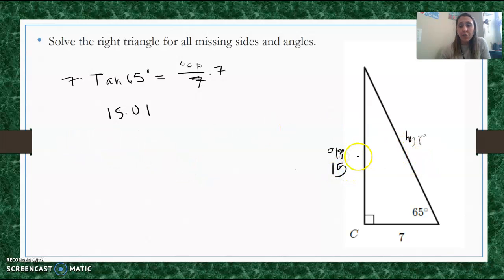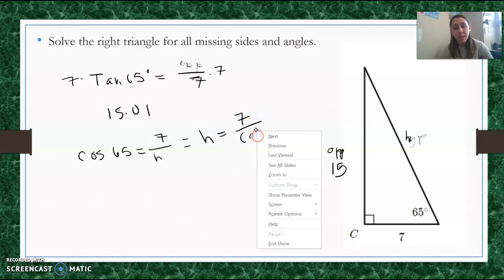And then to solve for the hypotenuse, again, I have the adjacent and the hypotenuse, which is cosine. So the cosine of 65 is going to be equal to the adjacent over the hypotenuse. If my hypotenuse is at the bottom, then I'm just going to switch places. So my h is going to be equal to 7 over the cosine